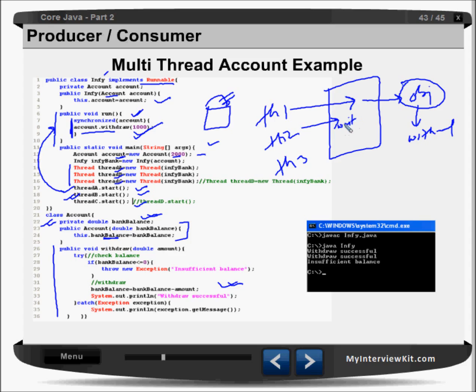He will wait. Again this thread is also trying. This guy is also waiting because in this monitor at a time one thread can enter and access the object. Now suppose this guy has completed the task, then he will acquire the lock and come back here, completed